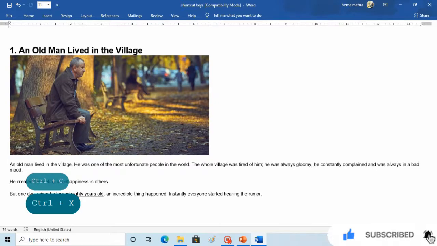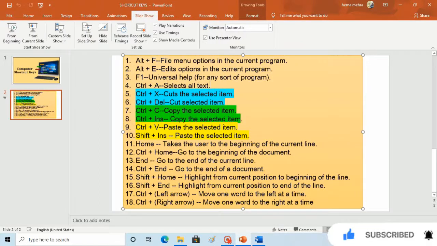Now there is one more alternate way to delete the item which you have selected from the document. The first is Ctrl plus X to cut the selected item, and the second one is Ctrl plus Delete.